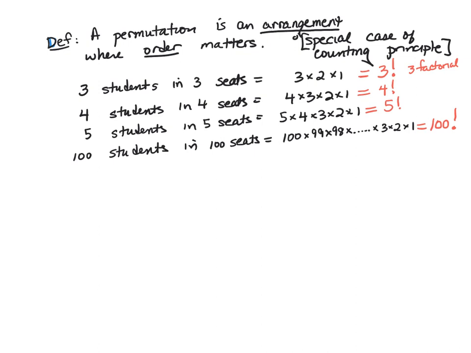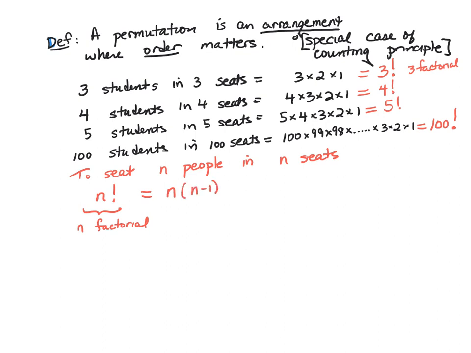So in general, to seat n people in n seats, we would represent this as n factorial. And that product is n. We start with n and we keep subtracting 1 from the previous one. n minus 1, n minus 2. If we subtract 1 from n minus 1, we get n minus 2, n minus 3. And these factors decrease until we get to 3 times 2 times 1. That's the symbol for n factorial, where n